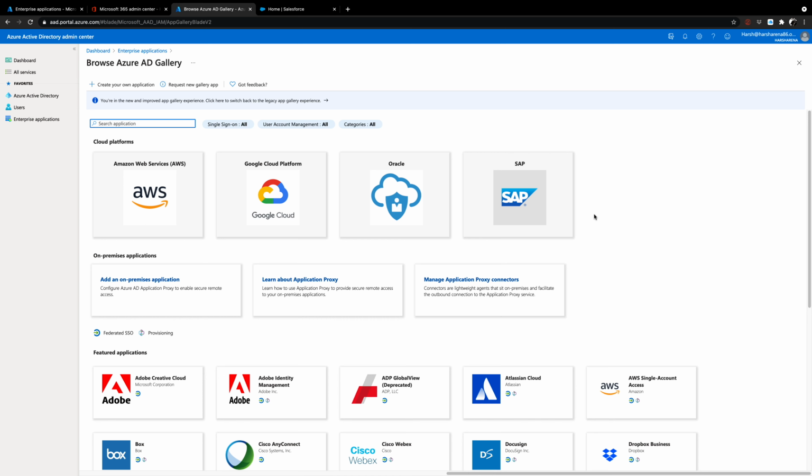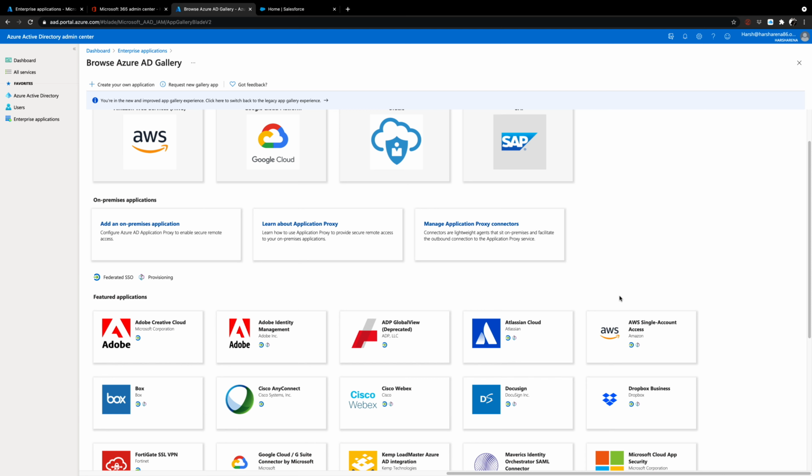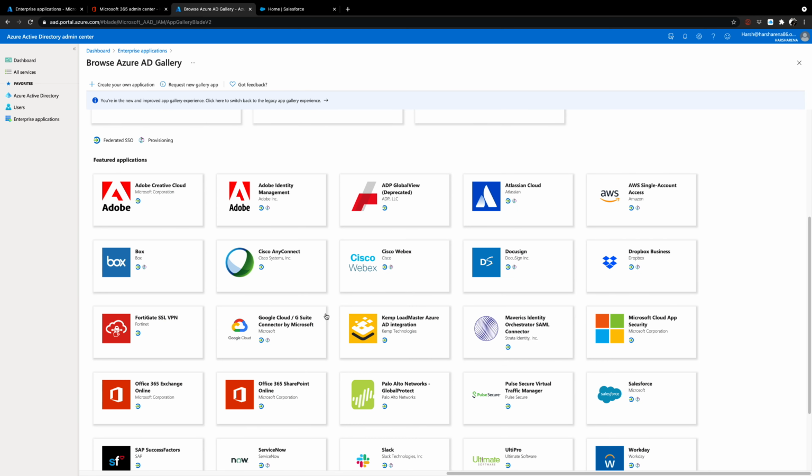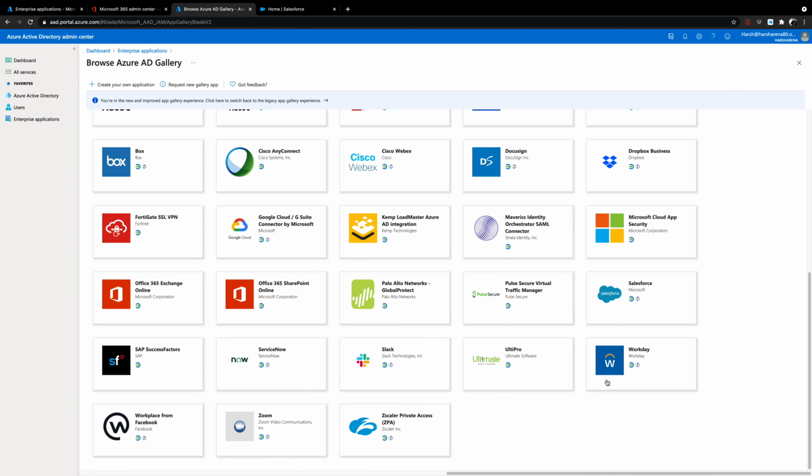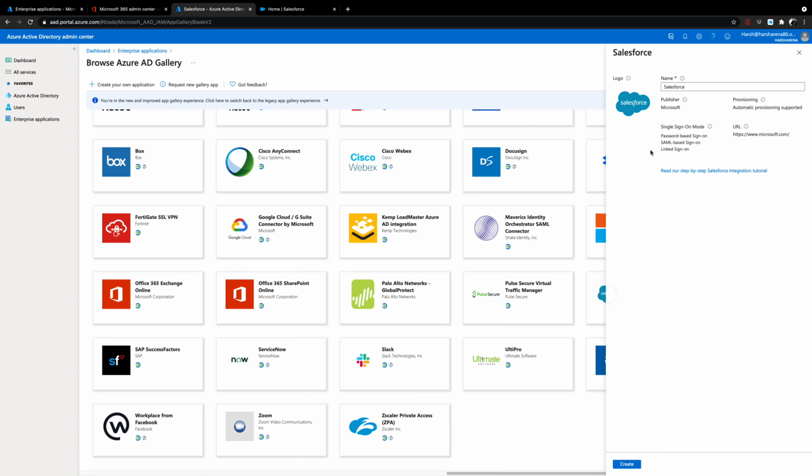So Microsoft has an official website for it. I think it's called aka.ms/app registration or app accounts, something like that. But anyway, you can simply search for enterprise application registration documentation, and you can find some of them. However, we are going to find Salesforce here. And on the right-hand side, as you can see, we have Salesforce, right? So click on this, and you can give the name of the Salesforce app,